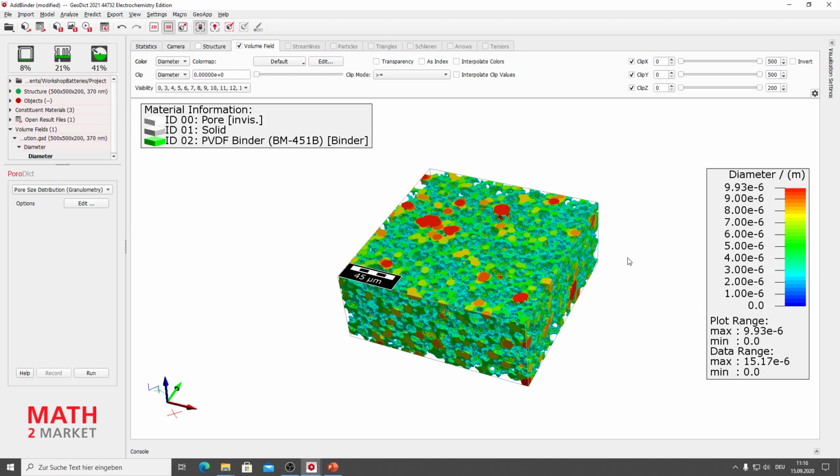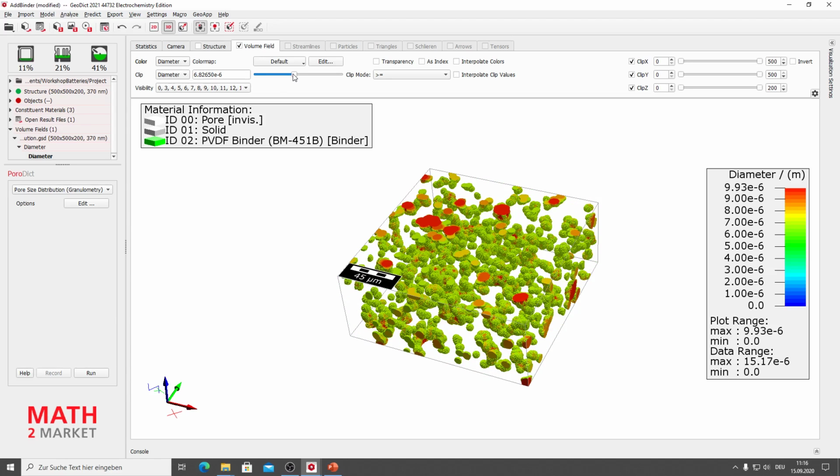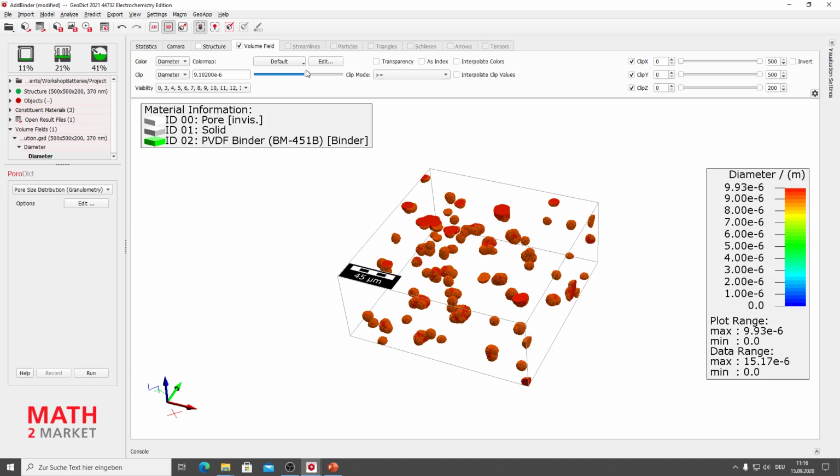And we can play around a little bit with the clipping, because it's very nice. If you're only interested in larger diameters, you can clip into the structure, and you can see that the smaller values are disappearing now, and we are left with the bigger pores only.